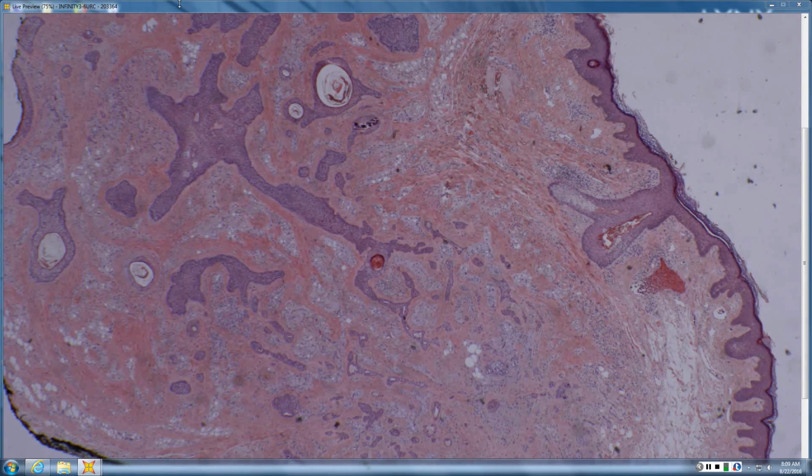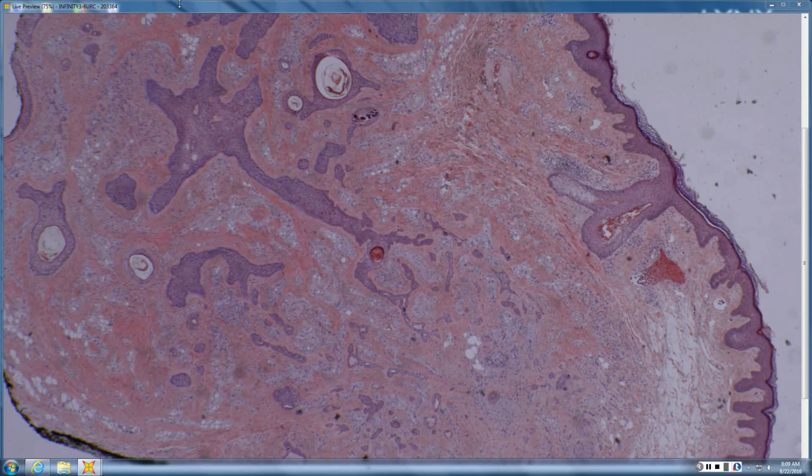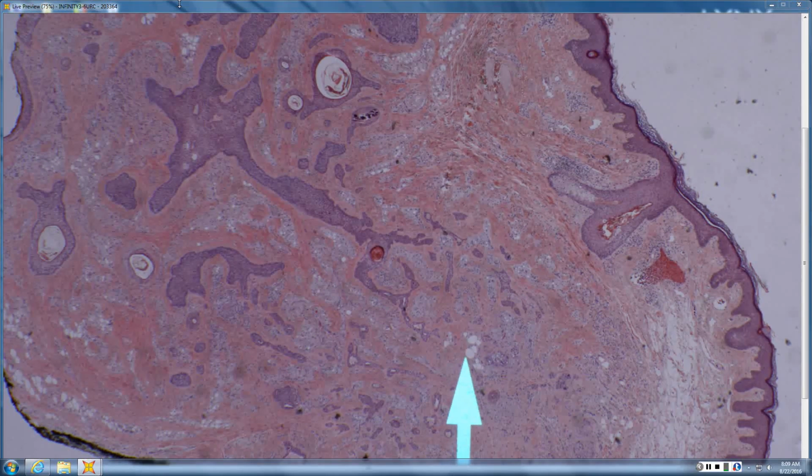Looks like dermal blue islands. And over here you have fat. Mixed tumor. Yeah, so this looks like a mixed tumor,